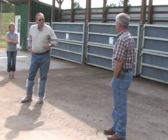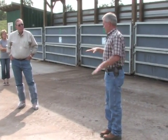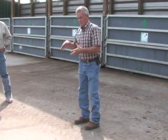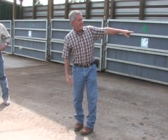The way it works, if you're not familiar with it, it's all concrete. It has air that's funneled in from the bottom through channels. It drains to the back. It's all a sealed system. There's nothing goes into the ground anywhere. Any moisture or when the birds start to break down, it goes through a drain into a tank that's behind